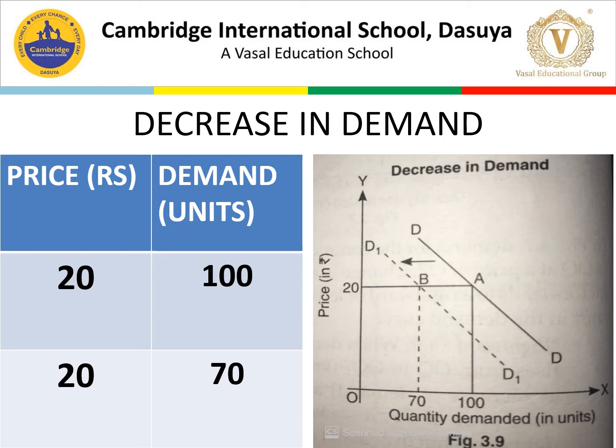After increase in demand, we have the next thing, that is decrease in demand. Here you can see the price is the same in the schedule and demand for units is decreasing from 100 to 70. So the demand shifts to the inward side, towards the left hand side. With the same price, the demand is decreasing. We call it decrease in demand. Your leftward shift is called decrease in demand. I hope this is clear to you. Shall we move next?